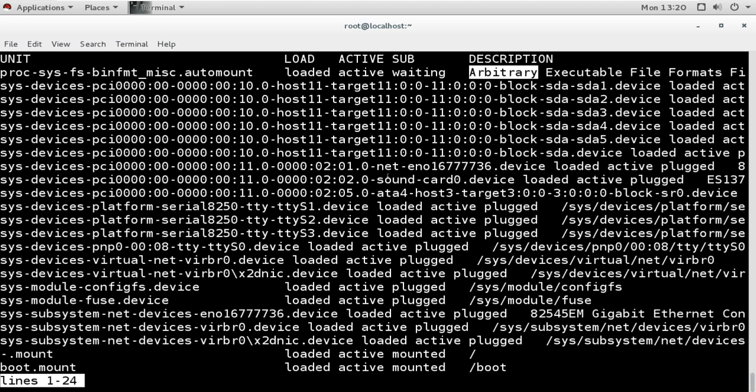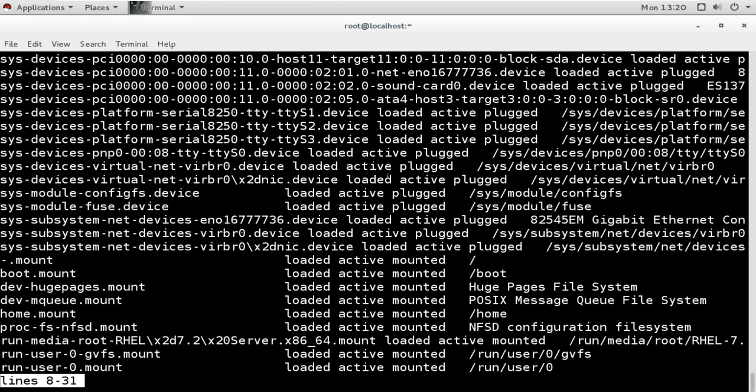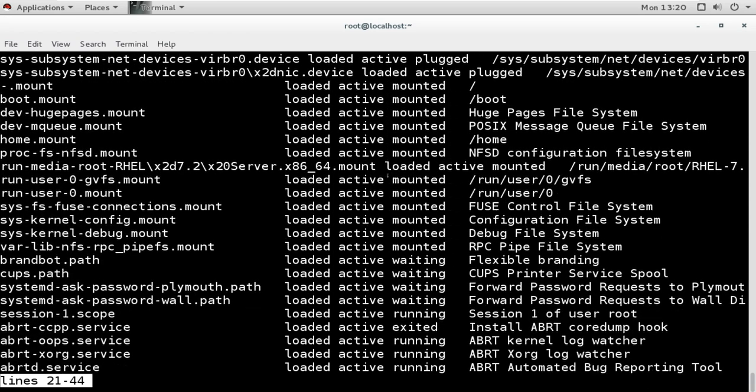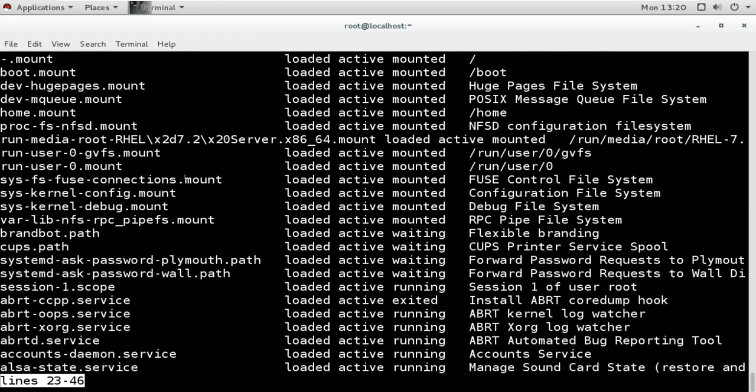There are lots of units, and you can check some of them. Some of the unit names are mount, which is using the file system. So it is loaded, it is active, and right now it is mounted. This is the fuse control file system, and you can see this one is loaded, active, but right now it is not running, it is exited.